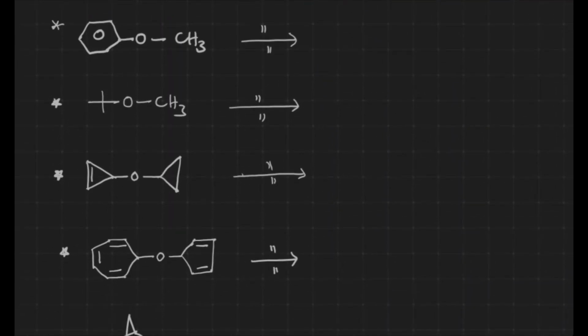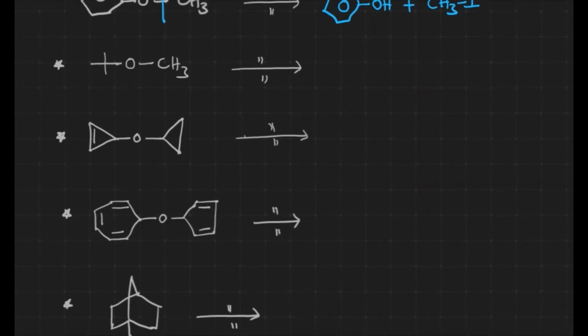Now we have phenyl and methyl. Phenyl won't undergo it, but methyl undergoes SN2 reaction over there. What happens? We'll get phenol plus methyl iodide over here. Okay, next we have a tertiary carbon and a primary carbon, the methyl group. If we have at least one tertiary alkyl group, it readily undergoes SN1 reaction. That's why this part turns into iodide, and this part turns into alcohol over there. Okay, iodide plus methanol.